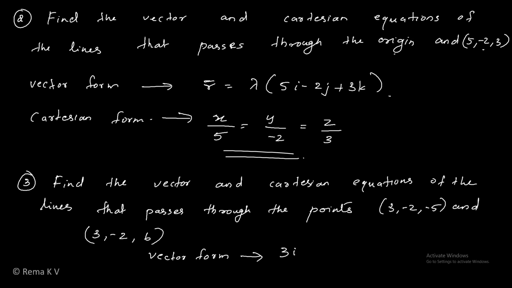So it is 3i. This is to be taken as the first one: 3i minus 2j minus 5k plus lambda into b minus a. That is 3 minus 3, it becomes 0. Minus 2 minus 2, it becomes 0. 6 minus minus 5, which is 11k. So this is the vector form. Now the Cartesian form is